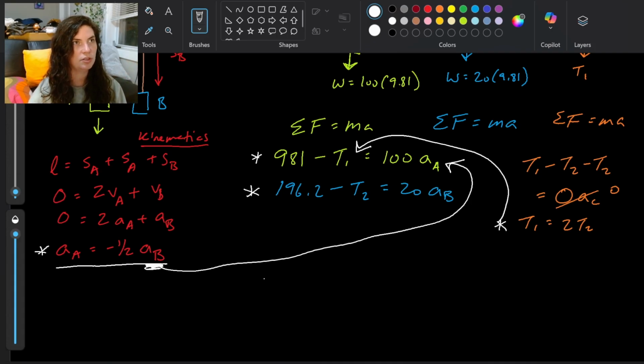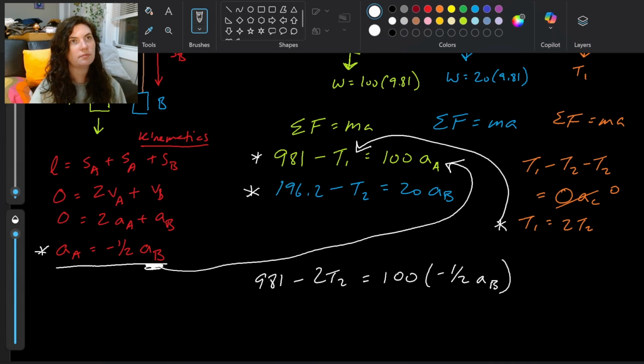When I do this substitution, 981 minus 2T2 equals 100, and then I'm substituting in negative 1/2 AB. And that second equation I kept totally the same. And that one I can solve for T2 if I want to. I can say the second equation, T2 equals 196.2